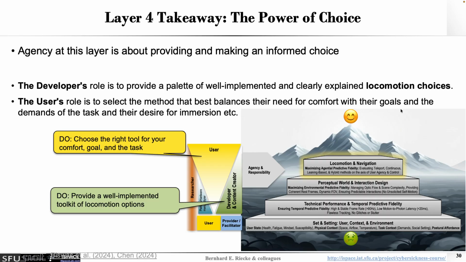So takeaway there, this is really the power of choice. So agency is really about providing the user with a useful palette of well-implemented, clearly explained, suitable locomotion options. And then the user should have the possibility to find the best balance and the best options, maybe switch on the fly as needed.